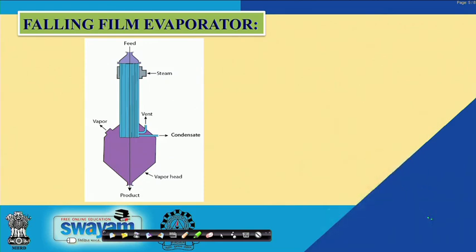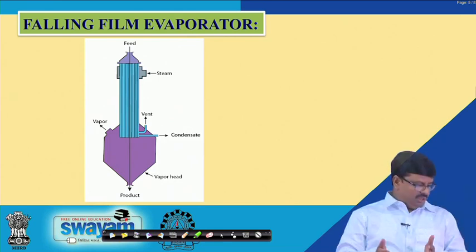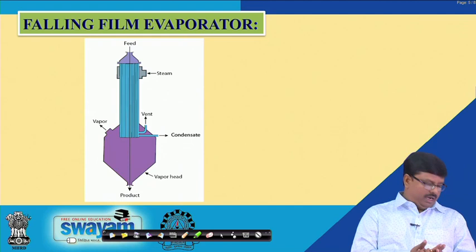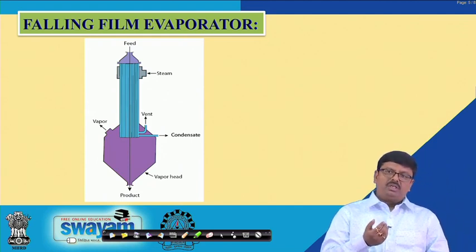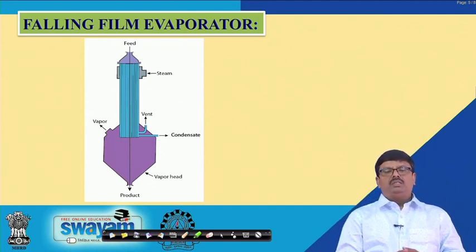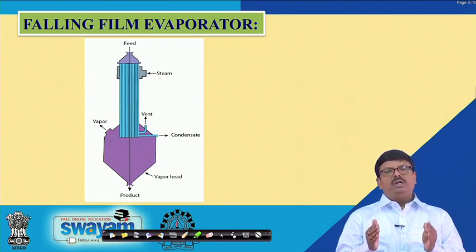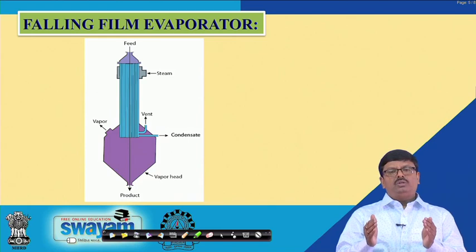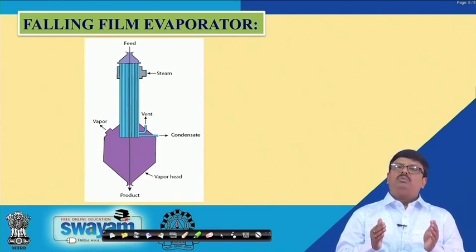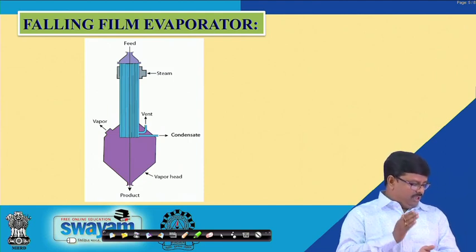Now, natural circulation is not suitable. Where is it not suitable? Natural circulation is not suitable for the liquid to be handled if the liquid is highly viscous or contains suspended particulate matter, that means the solutions which will be considered for conversion into concentrated liquor. So, it should not have that much suspended particulate matter and it should not be viscous,